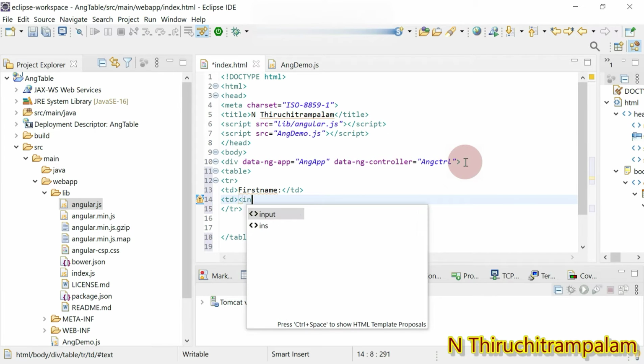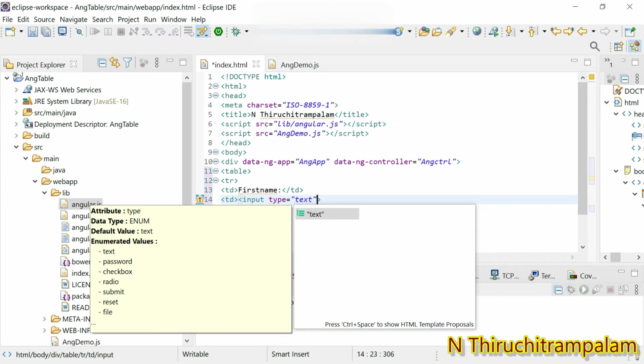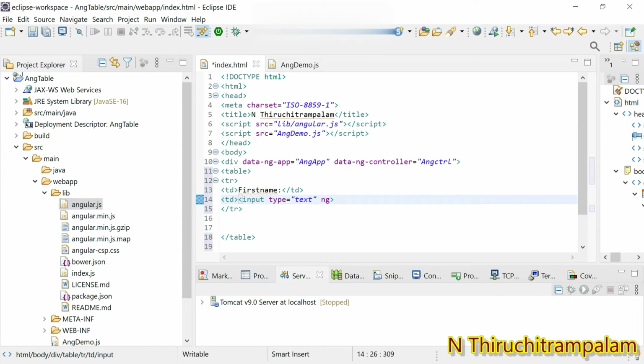and within this td we are going to make use of the input element just to get the first name value from the end user. Type equal to text. Here we need to use the ng-model, just to make use of the data binding. So ng-model equal, within double quotes we need to give the variable